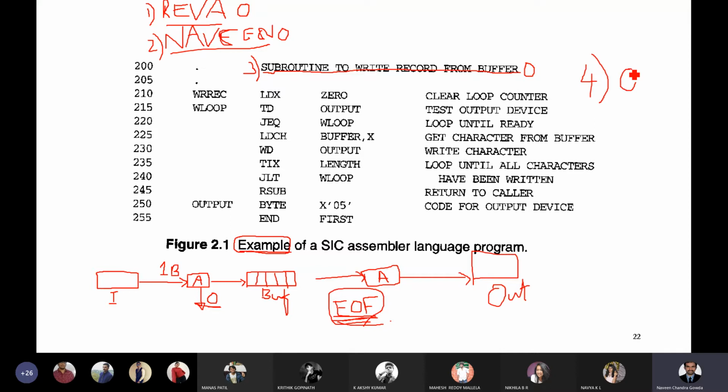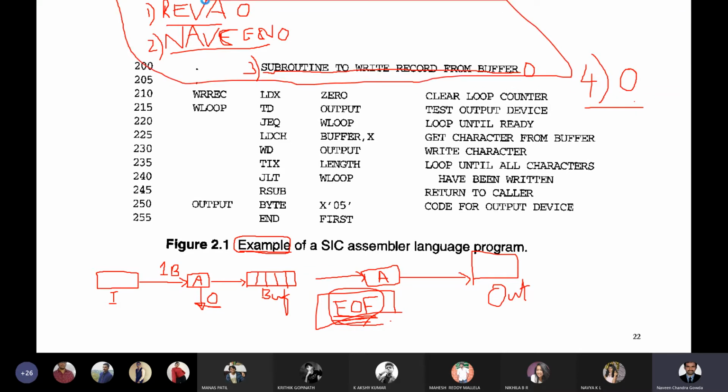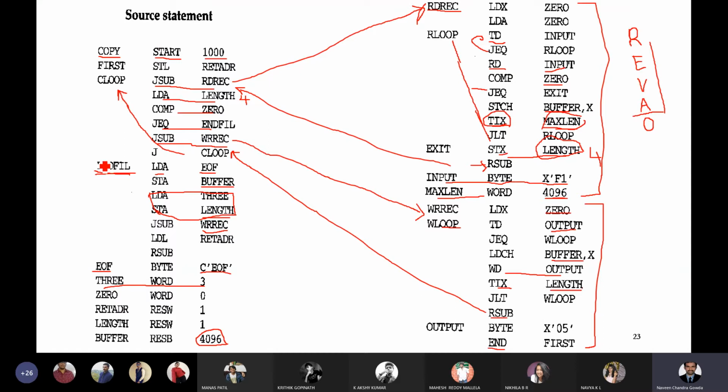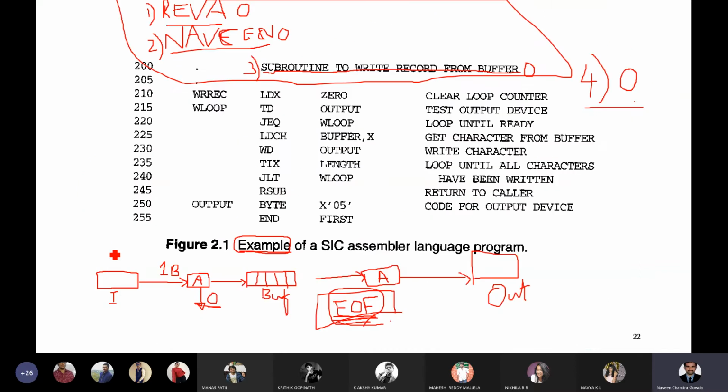In such a case, nothing is in the buffer at the time. At least you have to print what? Buffer. Try to understand, my dear students, in the fourth case. In those 3 times, this end file will not be executed. You'll never come to this end file in those 3 cases, because in those cases you are reading something which you are putting into the buffer, so that same thing itself is written to the output device.